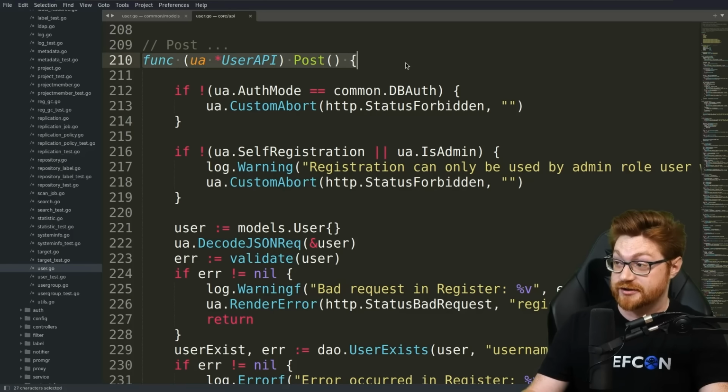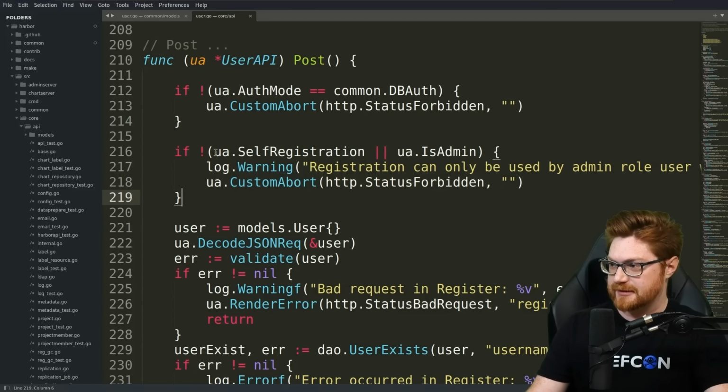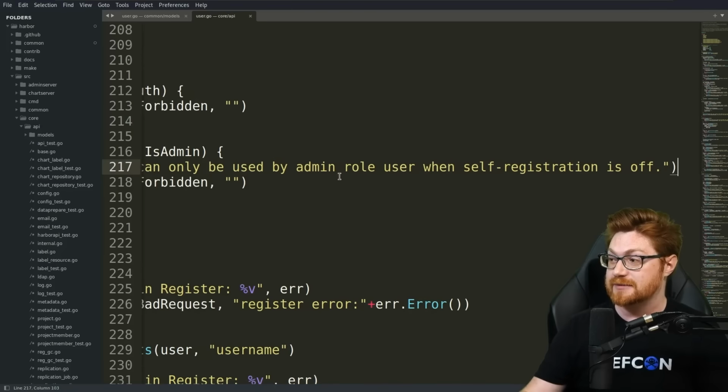Obviously our post function that's handling this: there's a check if auth mode is a common database format, status forbidden. And this conditional is a little bit interesting because inside the parentheses here, we have if self-registration, presumably if that's enabled, or the user account is admin. We're checking if either of those are true in that OR statement. So self-registration is true, which means this OR will evaluate to true. But the not here with the exclamation point preceding means that this condition will not pass through. So we won't see a warning here in a custom abort where registration can only be used by admin role